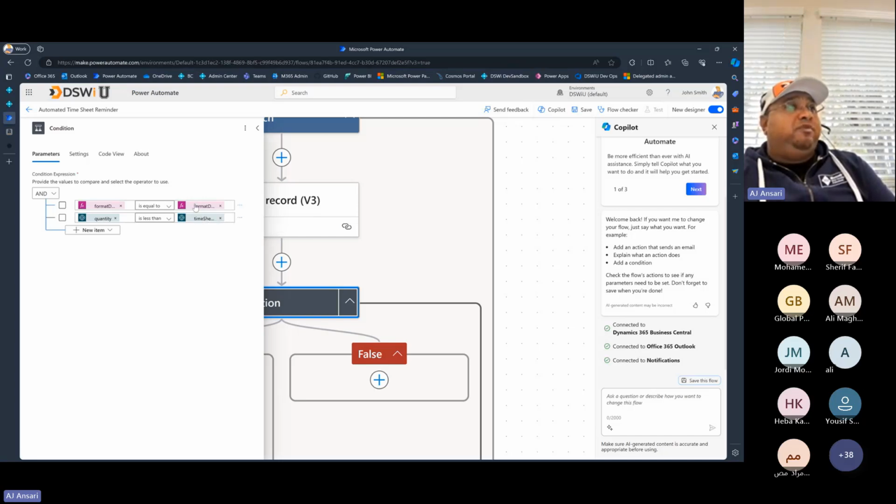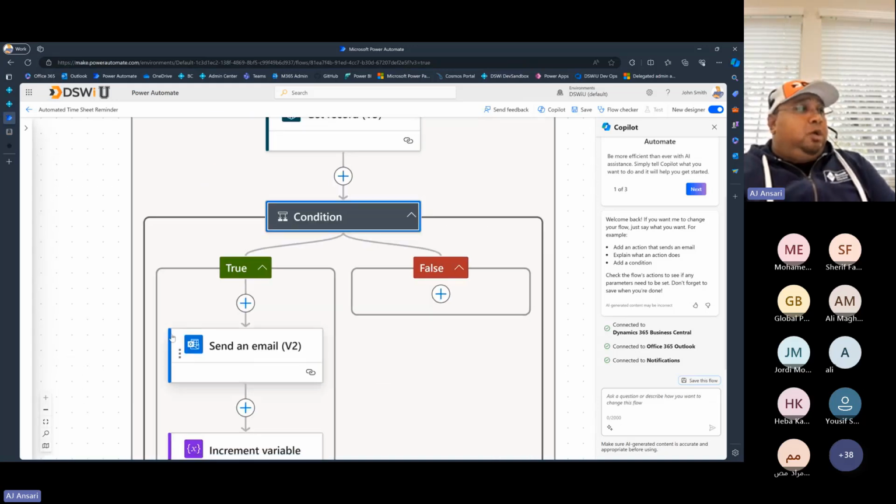Or if it's for a timesheet from a different period, from a future period, sometimes we open up timesheets in advance. We don't want to look at those. So this is only for last week's timesheets that they have not met the number of hours we expect them to do. And then once we find those conditions, if they're true,